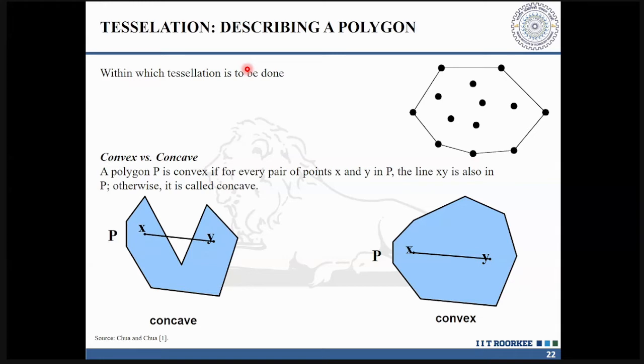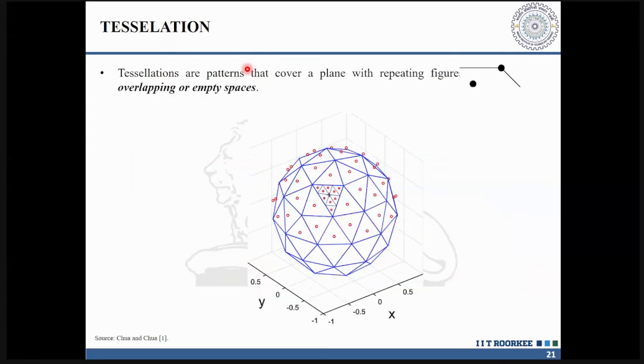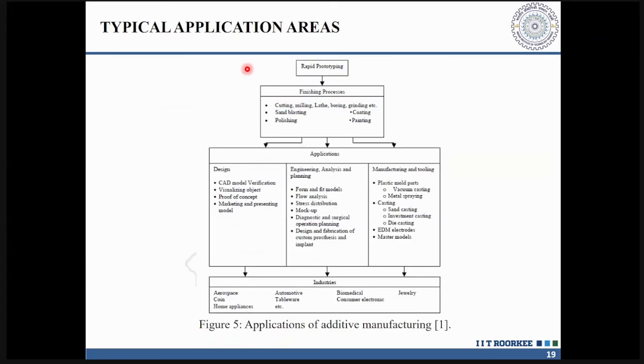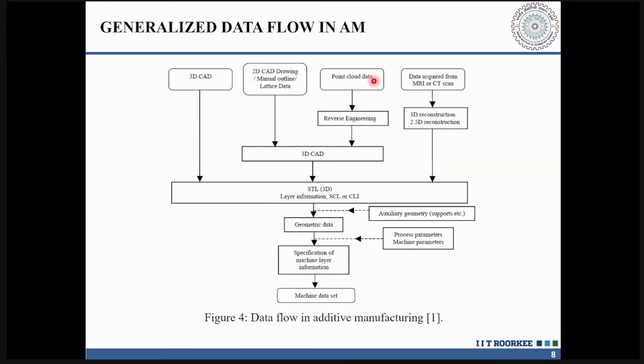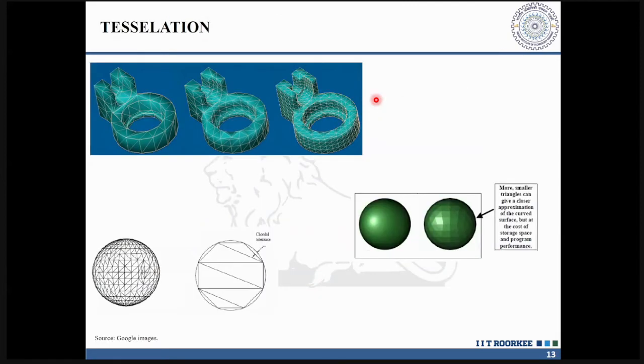Once you go for reverse engineering, if you look at that particular slide, reverse engineering starts with point cloud data. So I will have a numerous amount of points, and with the help of those points, I have to create a cloud. That cloud is going to define the boundary of that particular object. How to create a bounded region through those points, that technique is called reverse engineering.